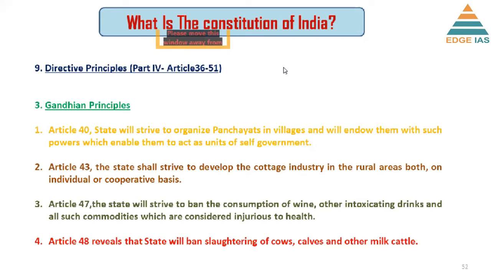Because they believe that in a democracy the real potential of the citizens can be realized only when the citizen is free to express himself or herself, and the expression can have many meanings: sometimes through speech, so freedom of speech, sometimes through movement, so the right to move freely within the territory of India, sometimes even the right to strike, a constitutional right to peaceful demonstration against any law. There shall be no discrimination on the basis of five common grounds that the constitution mentions, therefore the right to equality. Be it a king or a poor person, the two must be treated equal in the eyes of law,